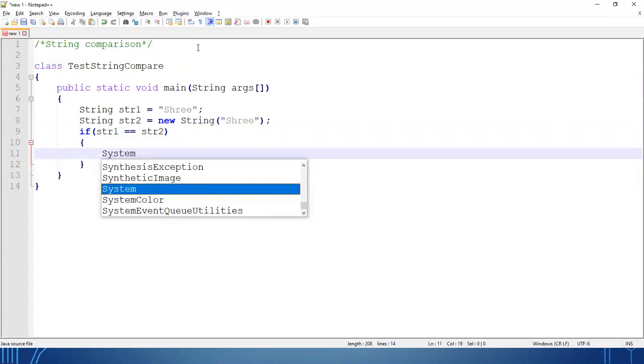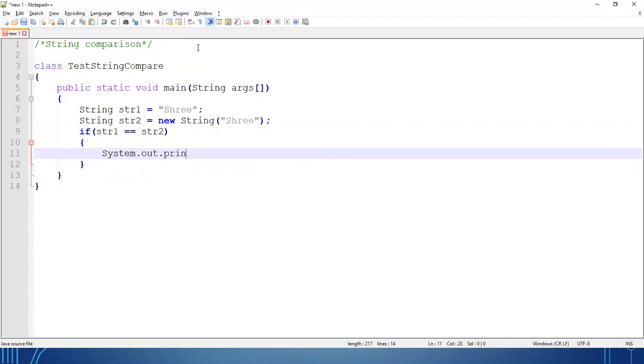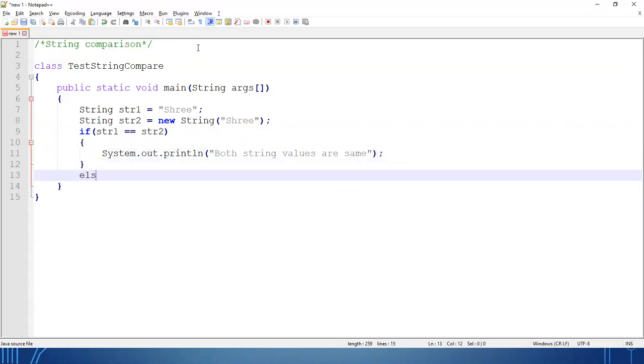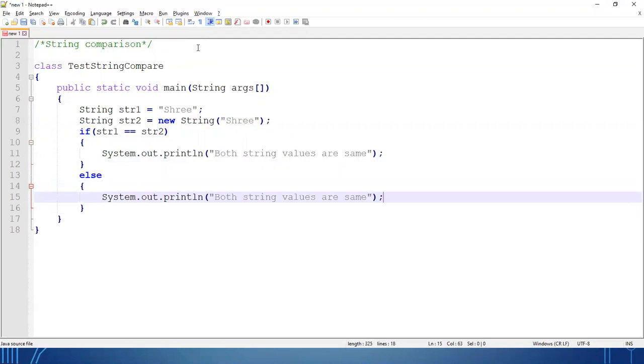System dot out dot println, both string values are same. And the reverse I'll keep in the else part, both string values are not same.